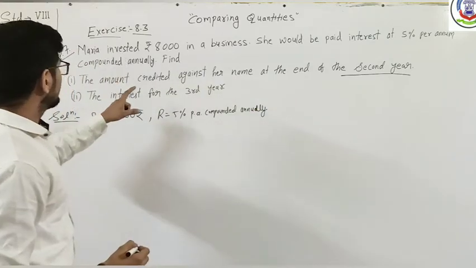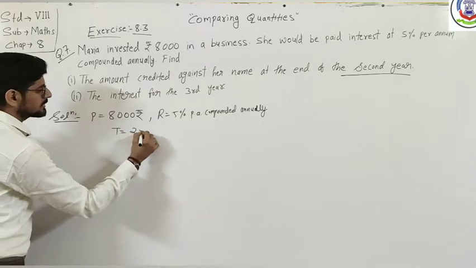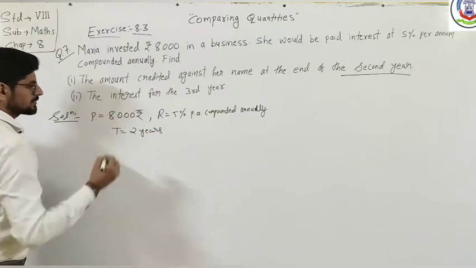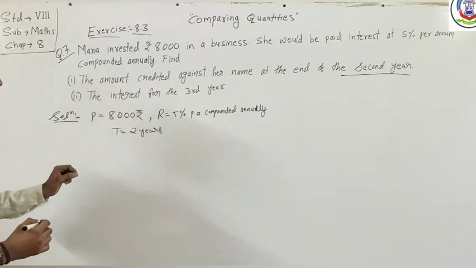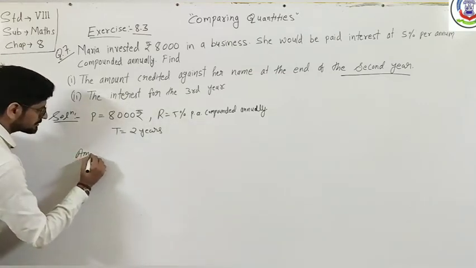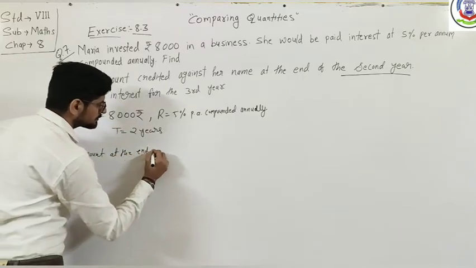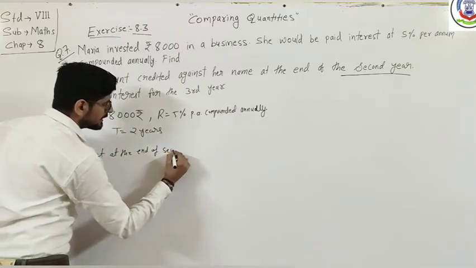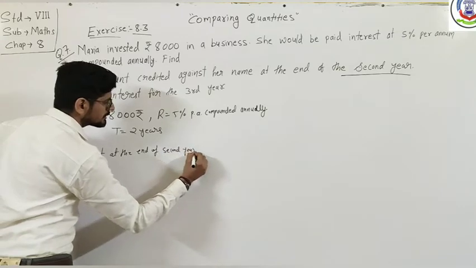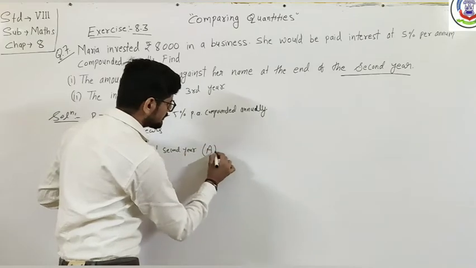Here, time period T is equal to 2 years. Then we have to find the amount at the end of second year. Amount at the end of second year, we have to find A, which is equal to